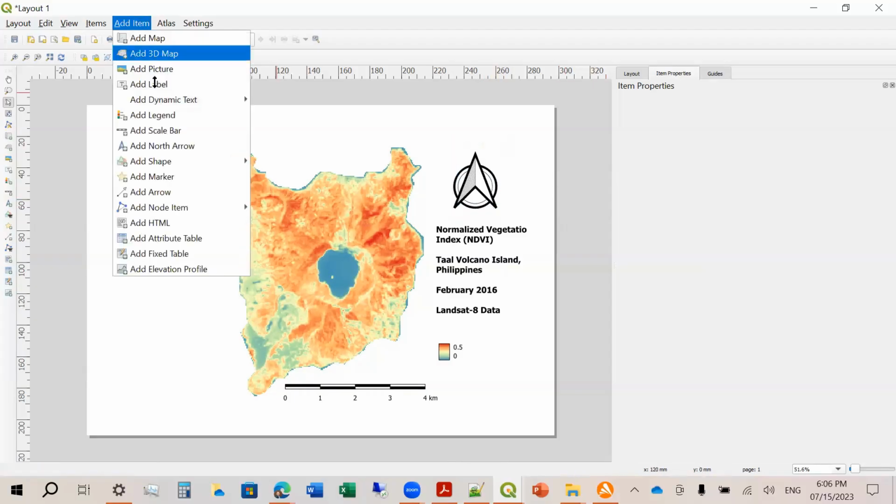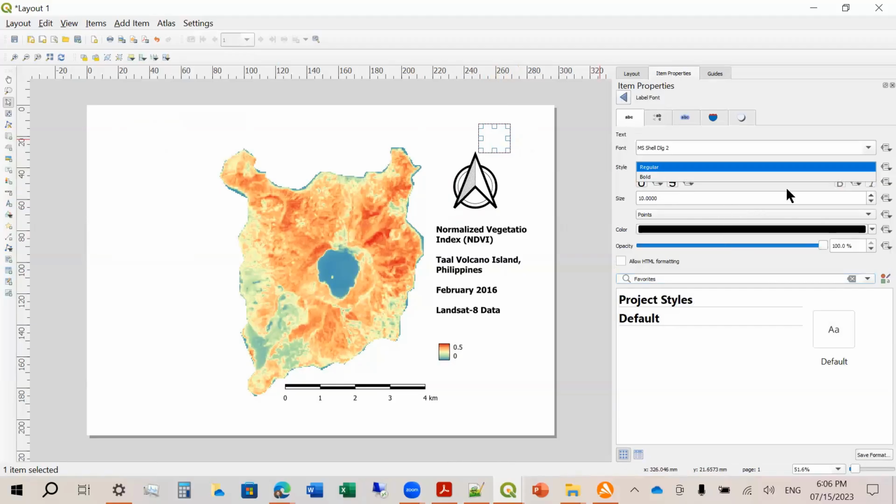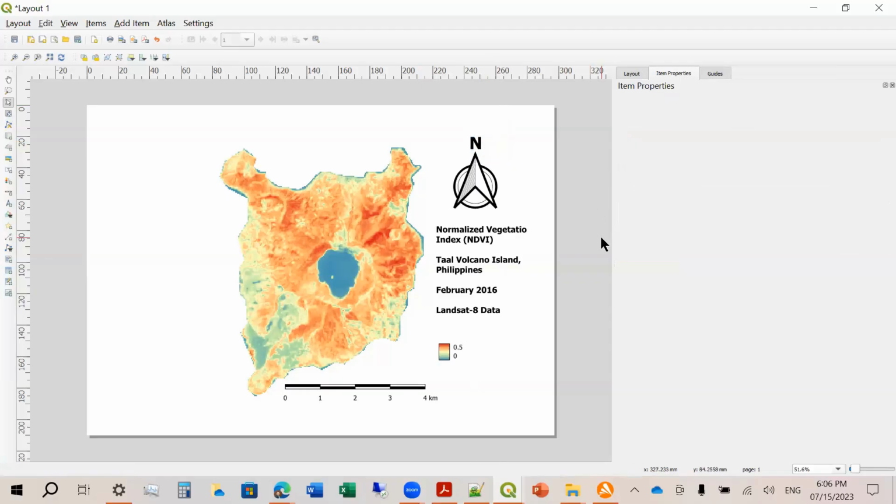Then add item, label. Then let's put letter N. Then font, bold. Then let's increase the size to 30. Okay, so this is now your map.